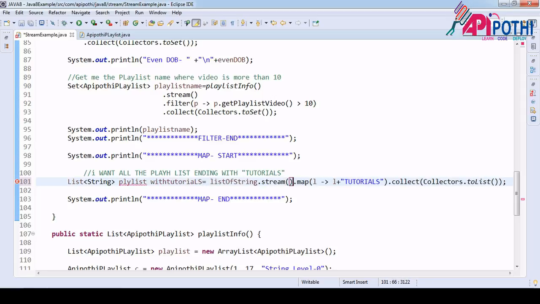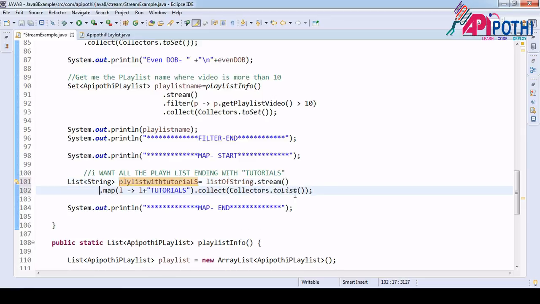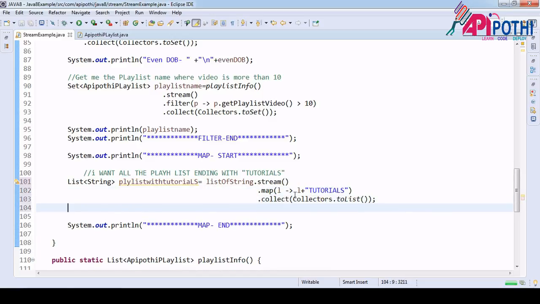That's all. Fine. So let me arrange this code from here. Okay, now I want to print this one: playlist name ending with tutorials. That's all.